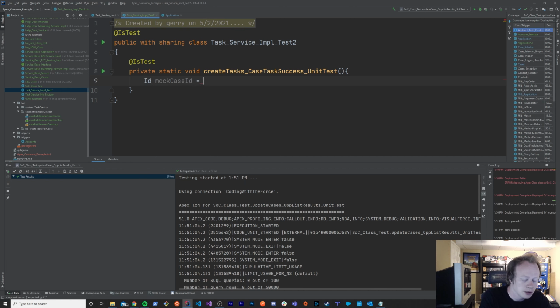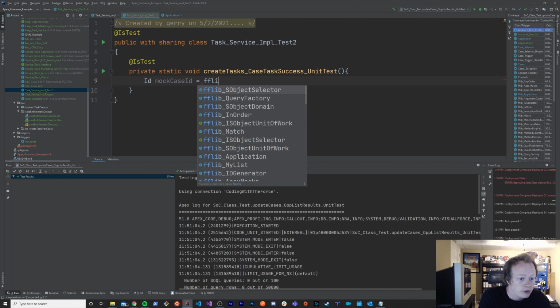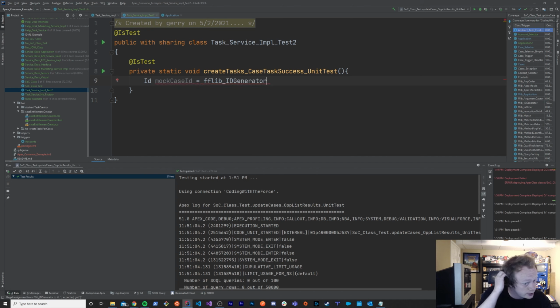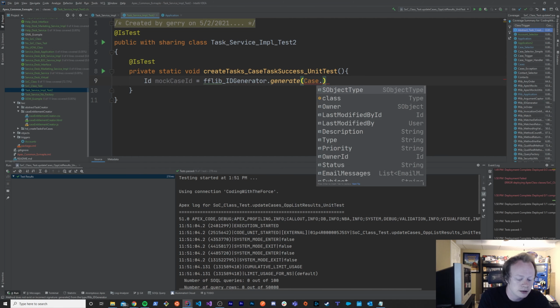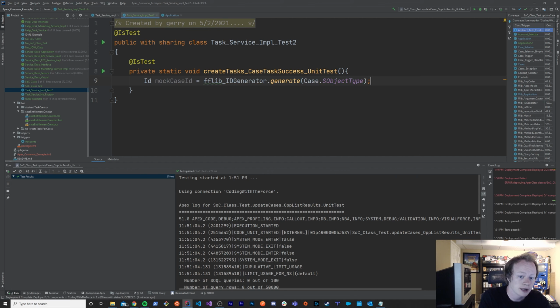And this is the first thing that we're going to leverage in the Apex mocks library. It's called the fflib ID generator. And basically, what it's going to do for you, if you call the generate method in it, is create a legal ID for the SObject type that you pass. So I want to create an ID for a case, so I pass it case.SObjectType. This could be any of the objects in your org, whether they're standard objects or custom, right? You'll just pass it the name of the object.SObjectType, and it'll give you a legal ID to use